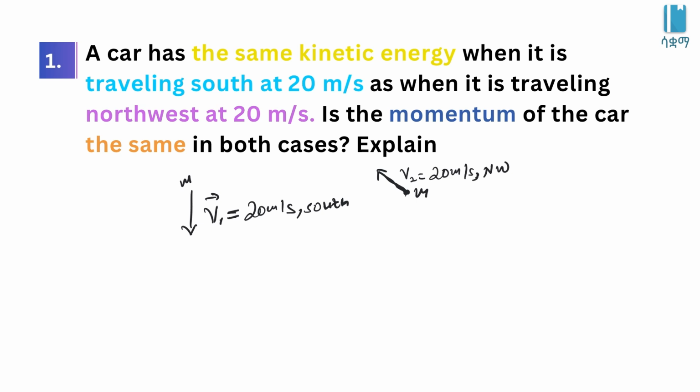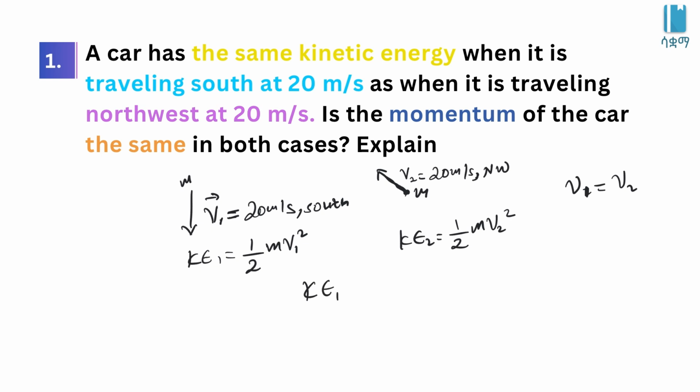So እንደምታውቁት, so the kinetic energy KE1 is simply 1 divided by 2 mass times velocity v1 squared ማለት ነው። And በሰከንድ ኬዝ ደግሞ ሁለተኛው ላይ ደግሞ kinetic energy KE2 ማለት 1 over 2 m times v2 squared። እዚህ ላይ እንደምታዩት both cases ማለት ነው አቅጣጫውን በሚቀይርበት ጊዜ the magnitudes of the velocity አይቀየርም። So the magnitude of v1 is equal to the magnitude of v2 ማለት ነው። So if this is the case now ምን ማለት እንችላለን? The kinetic energy KE1 is equivalent to the kinetic energy KE2። አቅጣጫ ምንም ቢቀይር kinetic energy አይቀየርም።